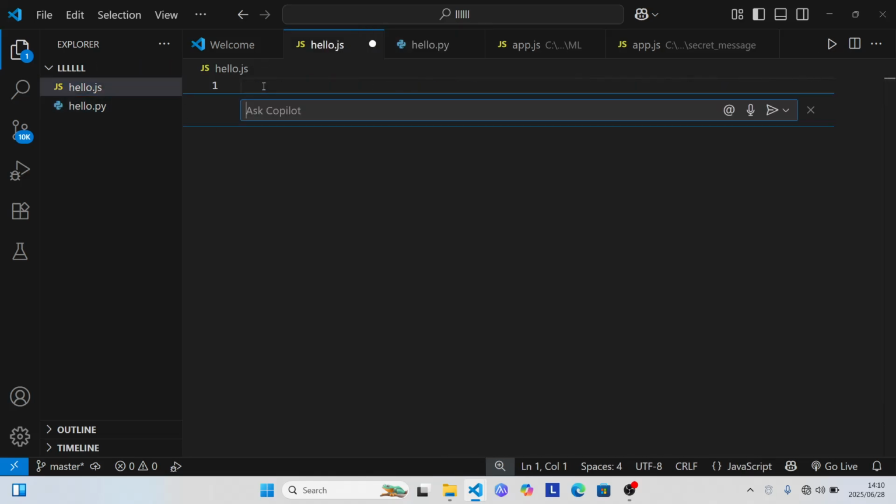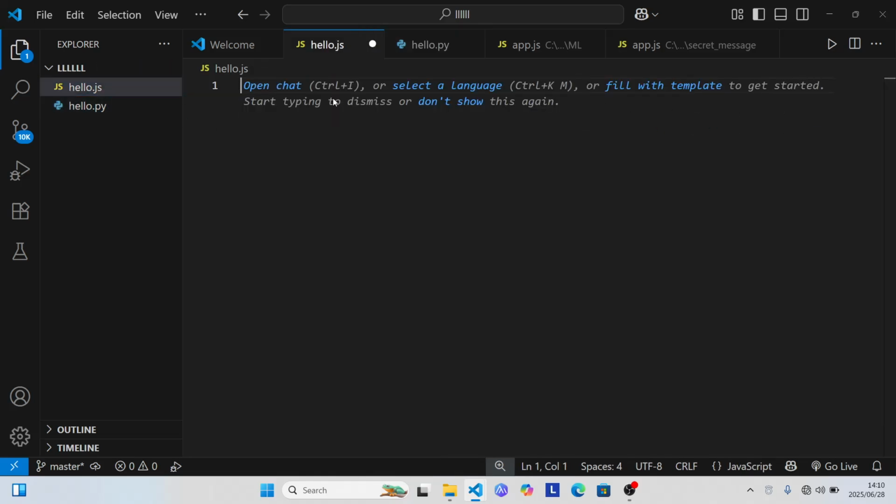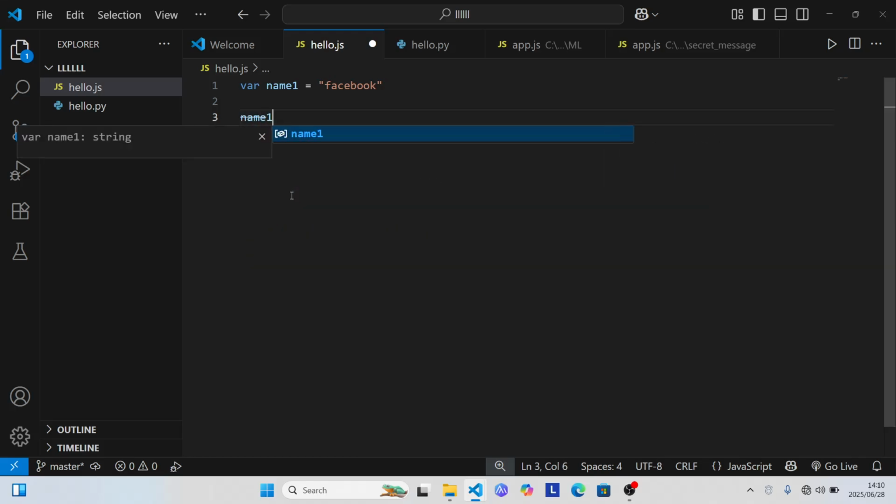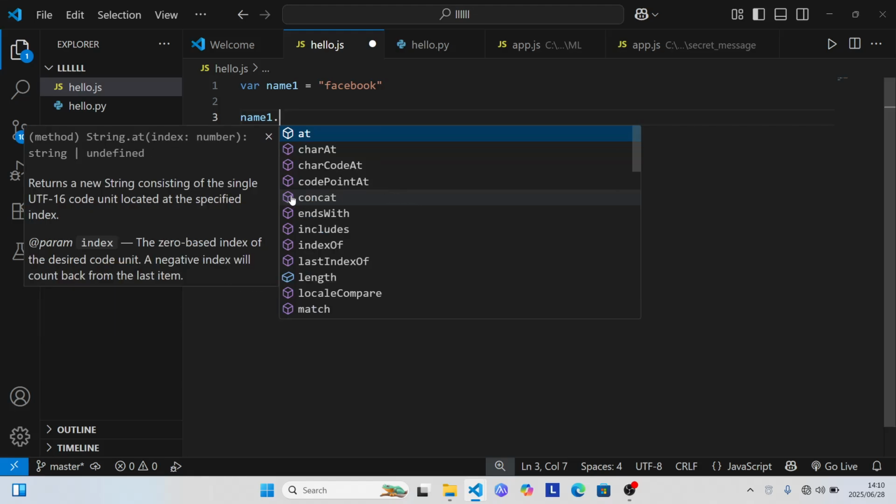So now let's talk about how to get the length of a string in JavaScript. So let's say you have a string called name1. In this case it's gonna be Facebook as well. So to get the length of your string in JavaScript, you need to use a .length property. So let's say name1.length,